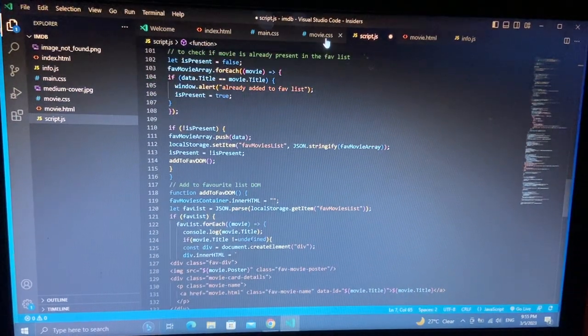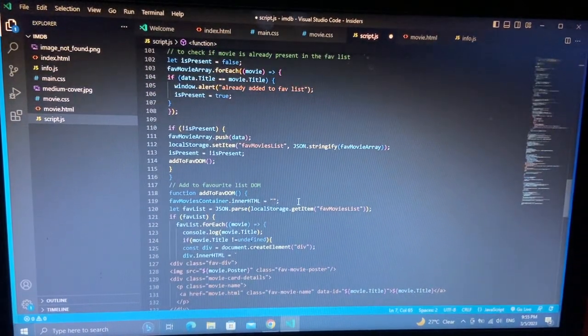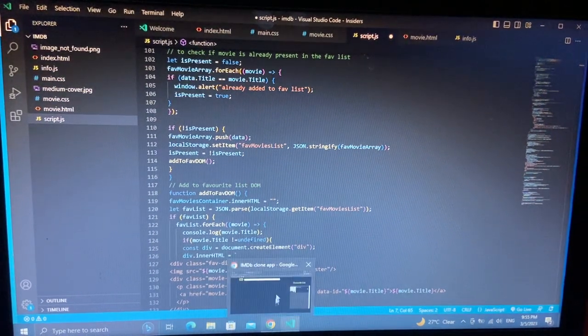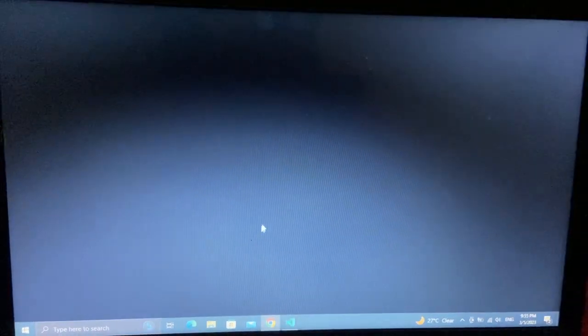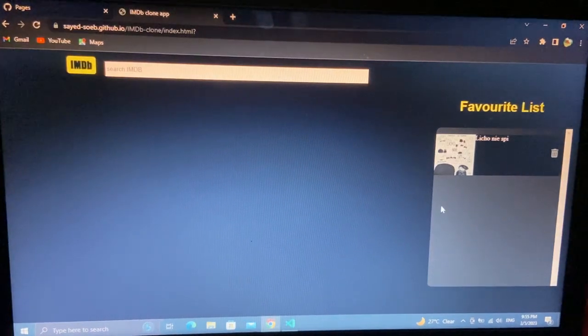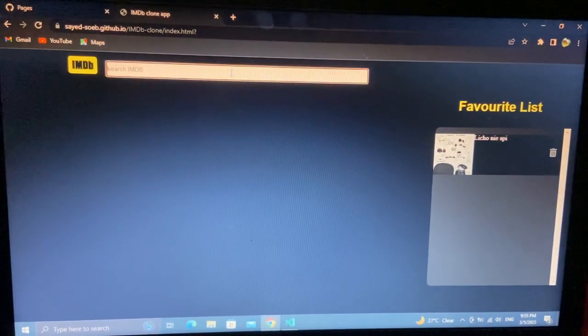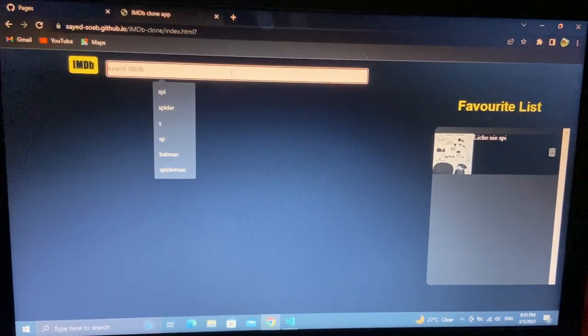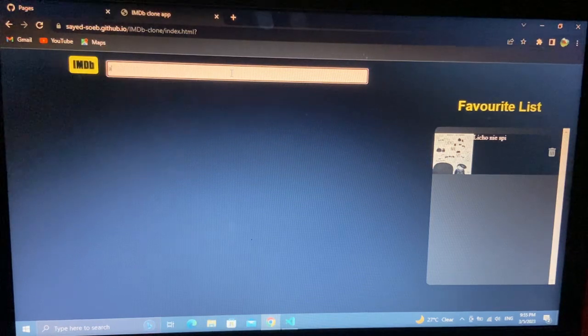And now let's look at the final result of the web page. So here is the final look. You can see here already data present on the favorite list. If you search anything like avatar,